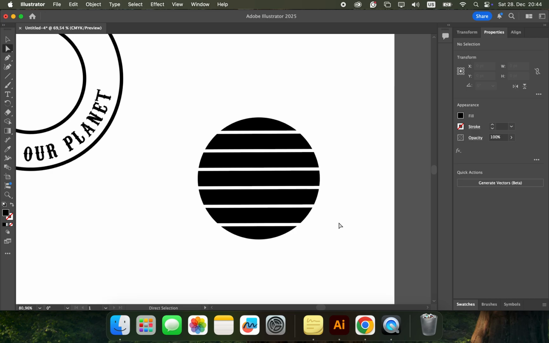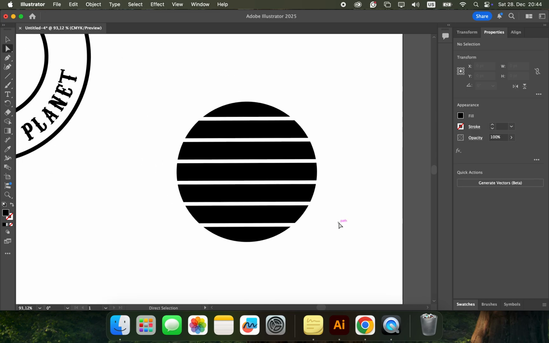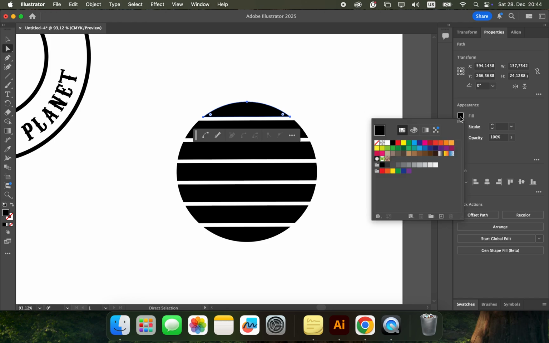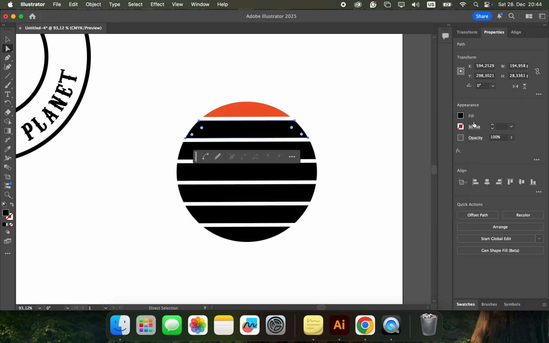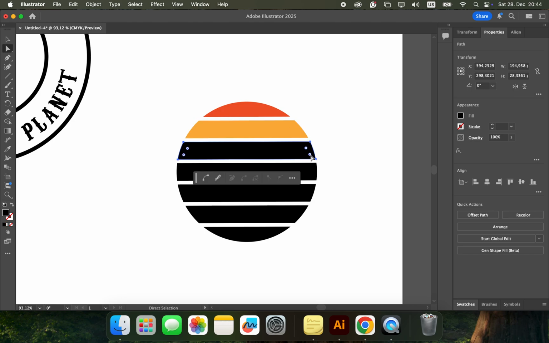Okay, so this is how. I think you could use the minus front option also, or you could even use the magic wand tool which I taught you. There are multiple ways of doing it actually, so it doesn't matter. Okay, for the colors, you can actually just click on a particular section and then give it a color like that. But I would really suggest that you choose a nice sunset palette or sunset colors